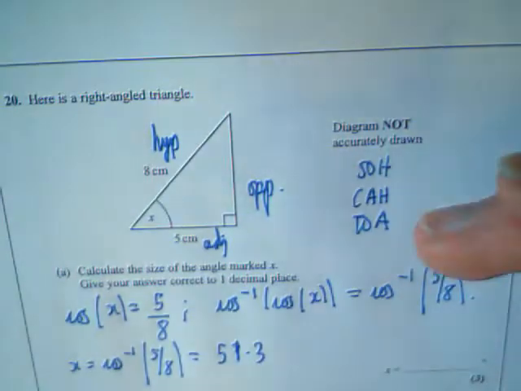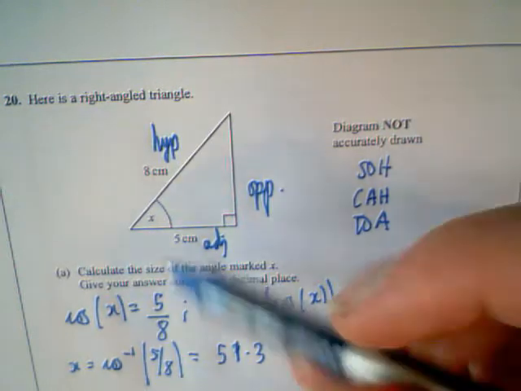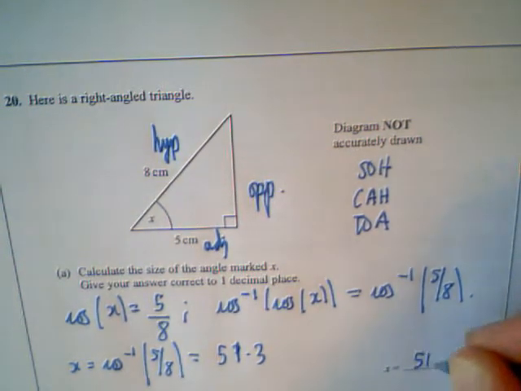And with all these things, I know the diagram doesn't say it's accurately drawn, it's not accurately drawn, but you should get a feel, like, does this look about 51 degrees? Yeah, it probably is. It's 51.3. The next part,